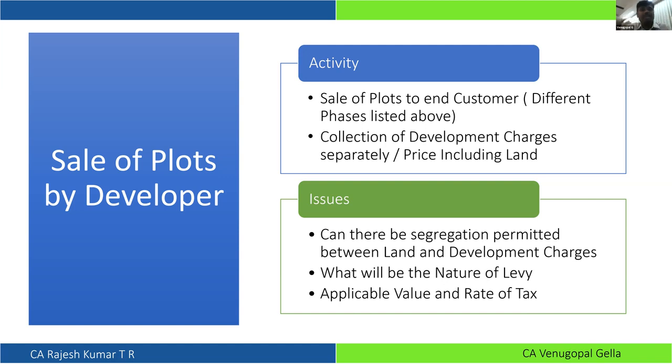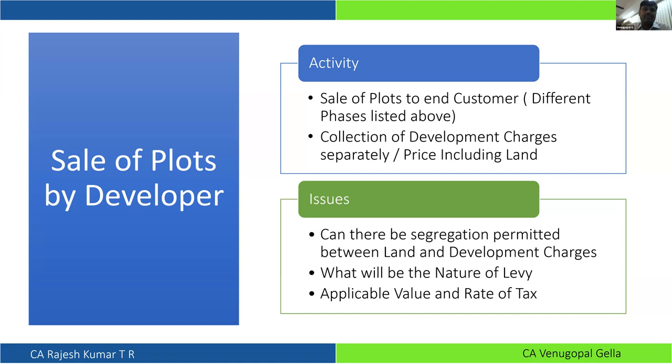Likewise, in case of plotted development, they brought in a deeming fiction. When the deeming fiction comes in, we have to accept that value. So I have my own doubt about their ability to win the case, and their ability to